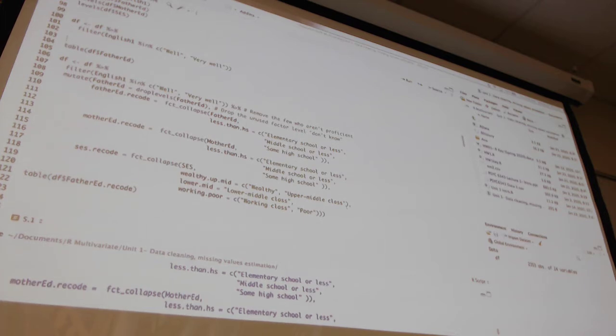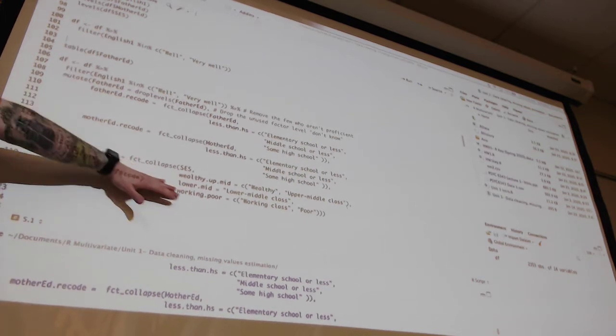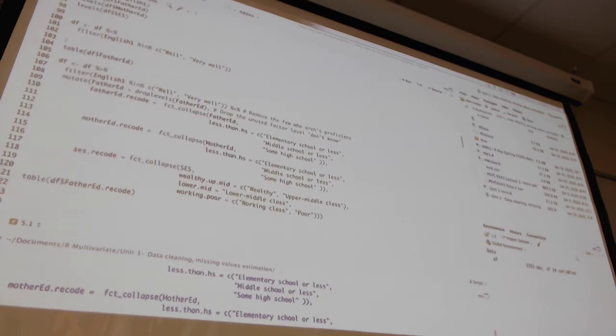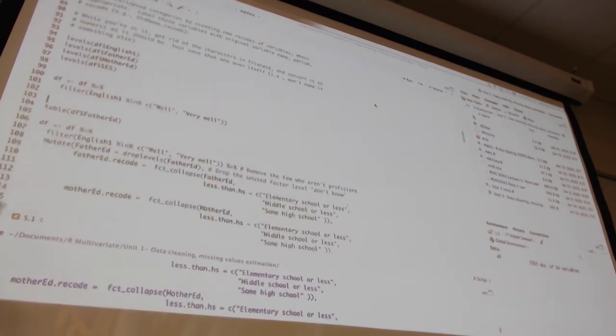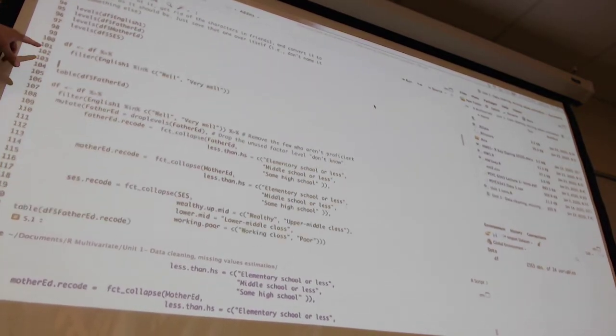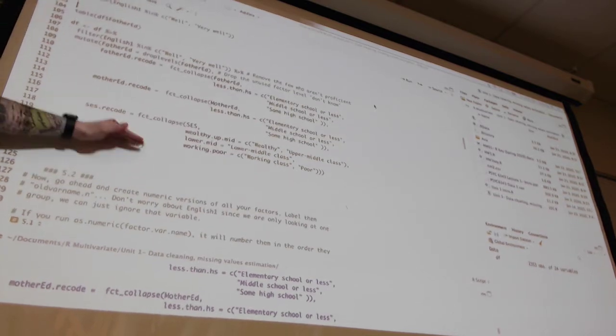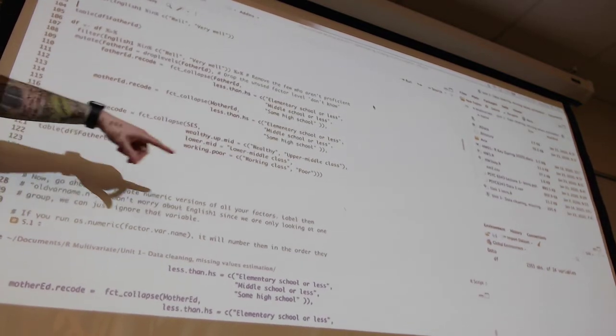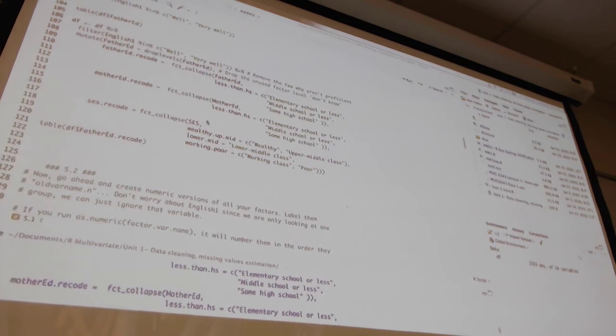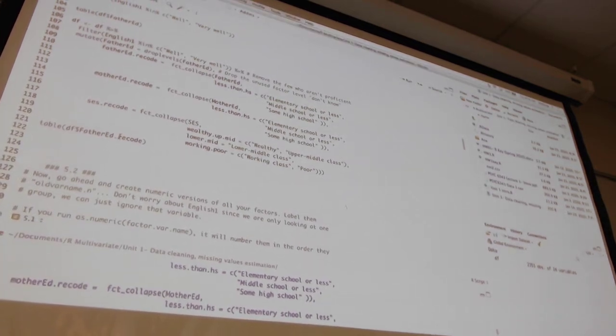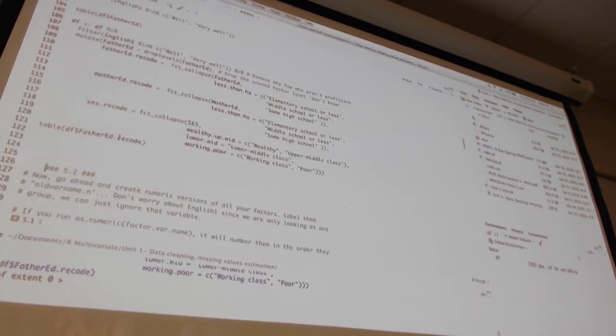FYI, that's a thing. But anyway, like I said, I sent this code chunk right here in your email. You should have it copied and pasted under 5.1 below where we filtered, and run your script up through this point. So now if we look at our Father Ed recode,